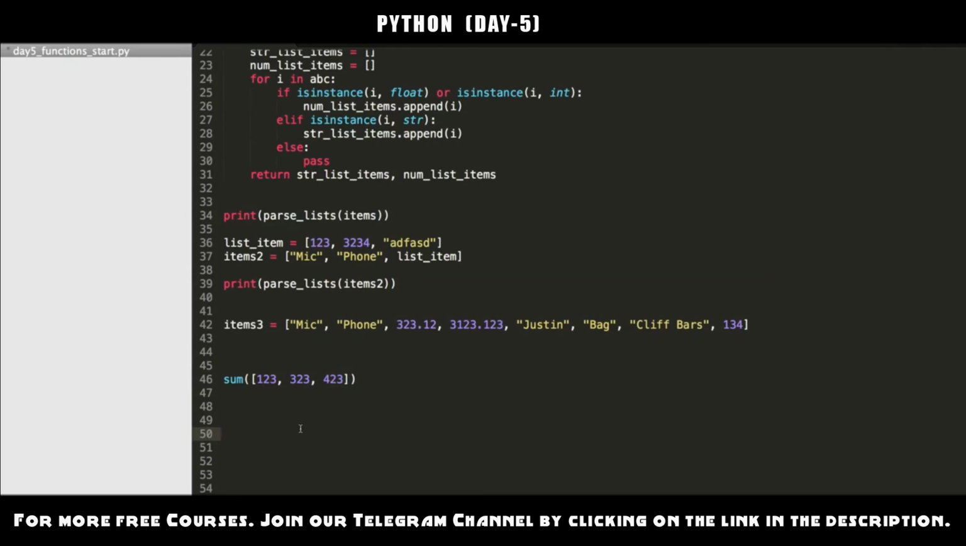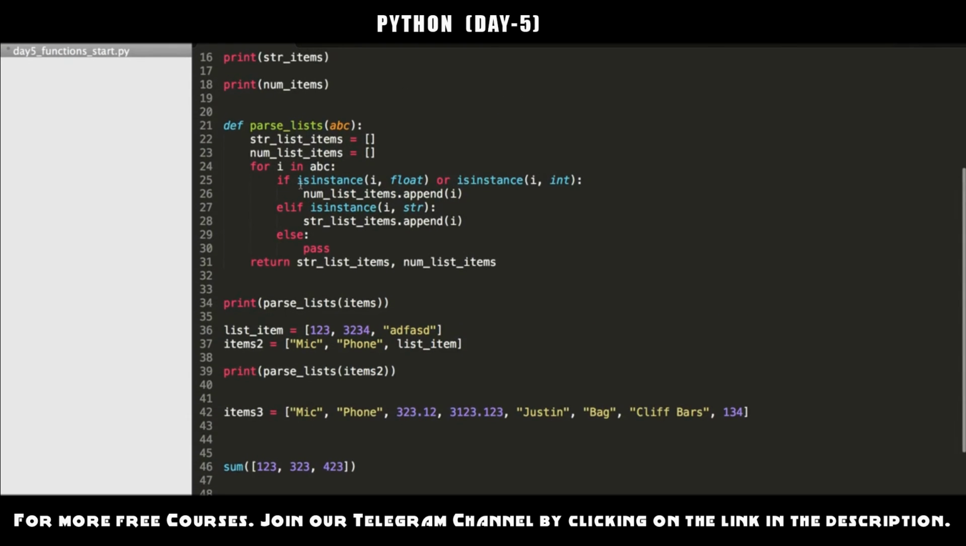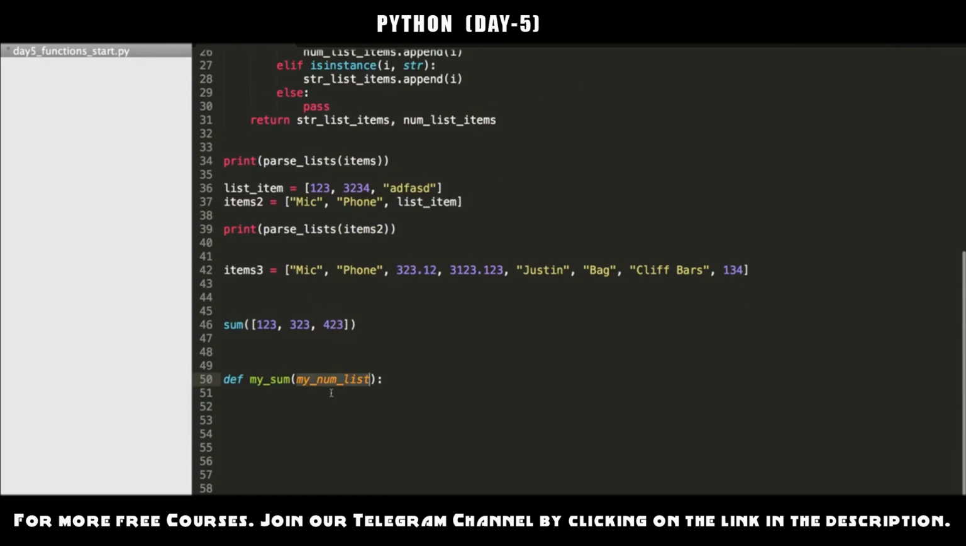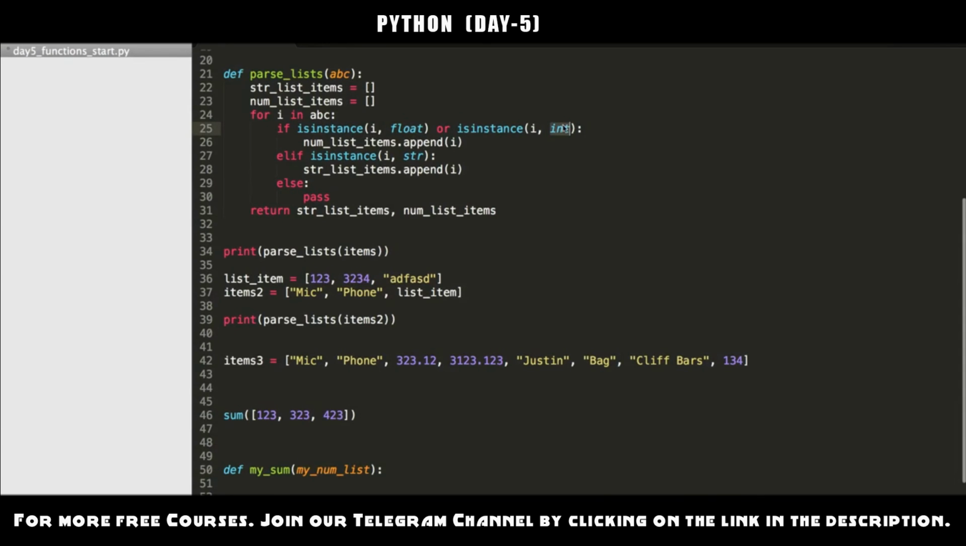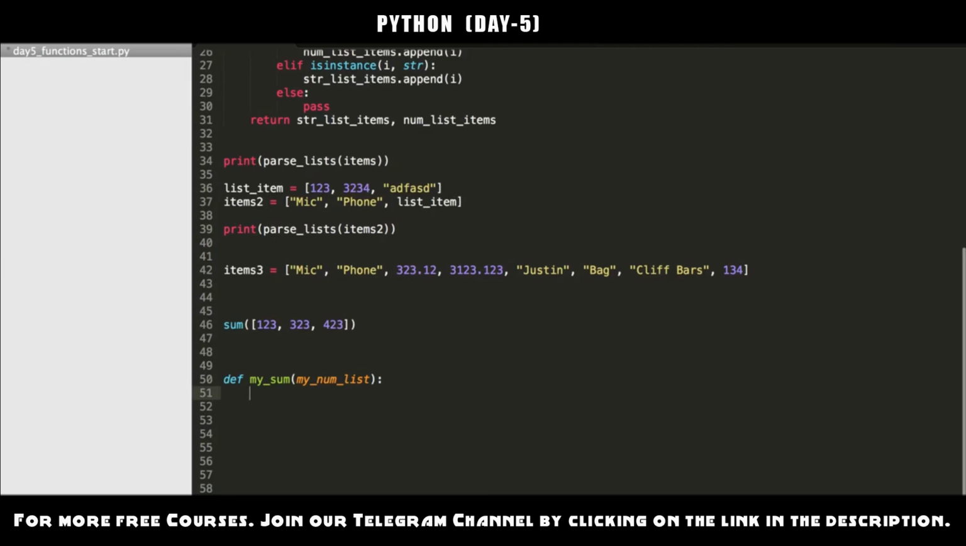Now we could do this using our own function. So I'll do define mySum, and again, it's going to take in a list as an argument, and instead of calling it list, I'll just say my num list. And then we're going to do something very similar to parse lists. We want to make sure that the items in here are either float or integers before we actually proceed with it. But I'll just say total equals 0, and then I'll say if,